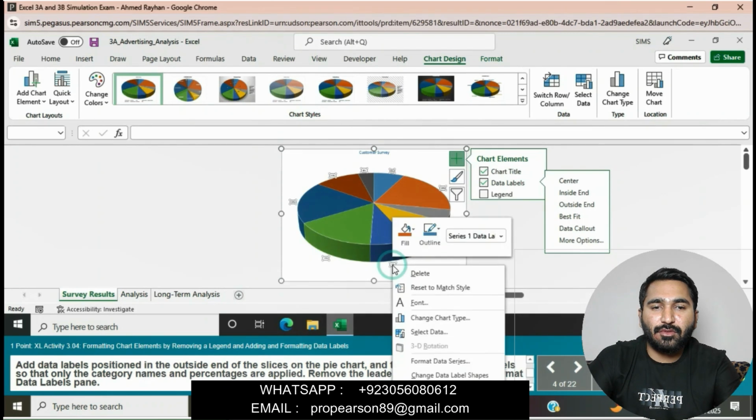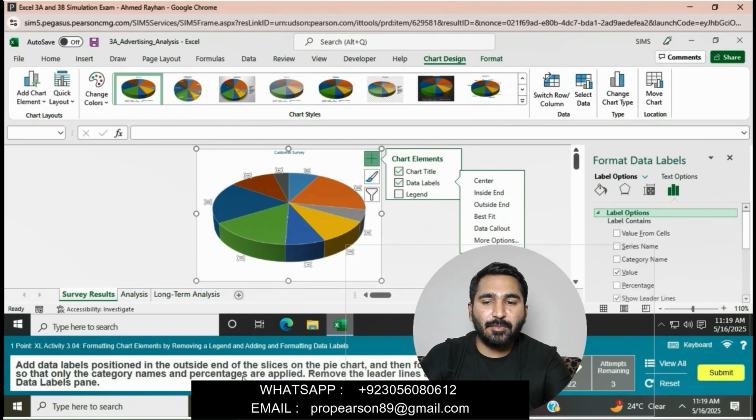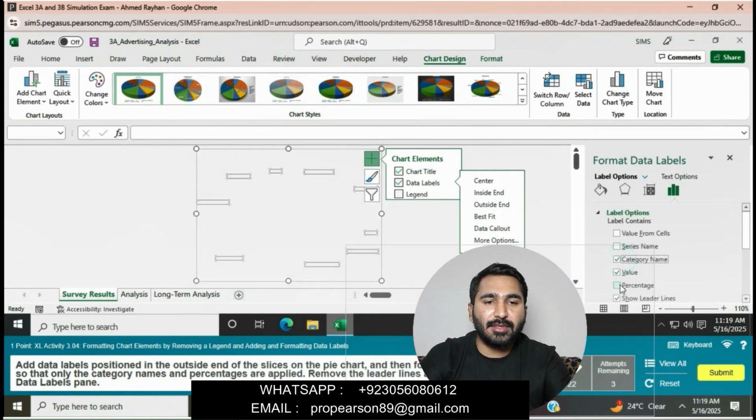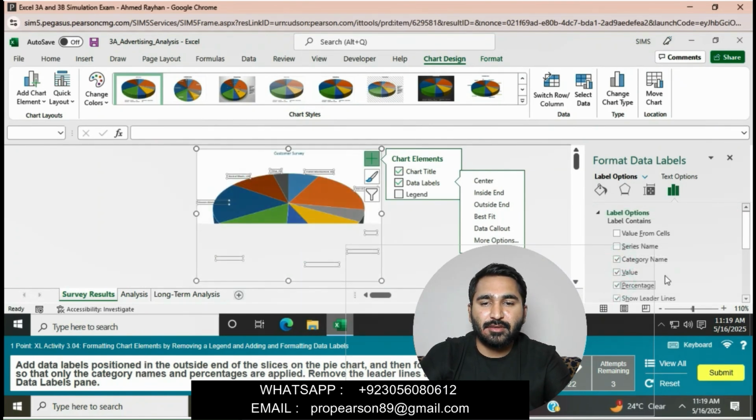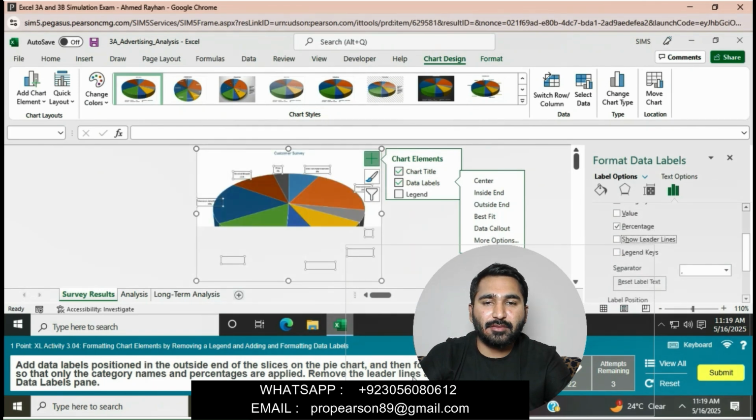Okay, go to More Data Labels, and then we will apply category name and then percentage. Okay, remove the leader lines and close the data label pane. We will remove leader lines.